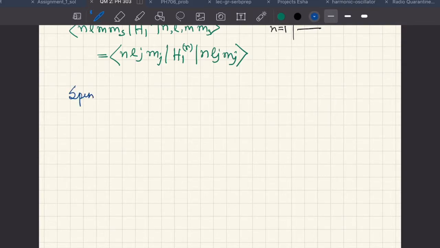This discussion that we had just now is going to help us when we take the effect of relativistic motion as well as spin orbit coupling together. Then we will see why this discussion about the non-changing of the result when you use uncoupled basis or coupled basis is going to be important. So let us wait for that, and let us first discuss the spin orbit coupling.